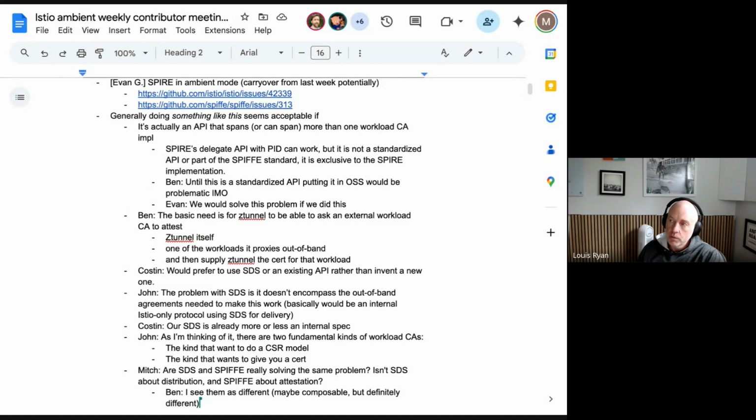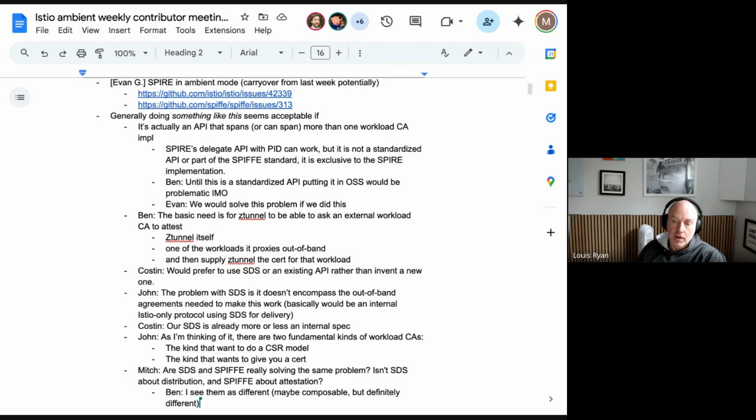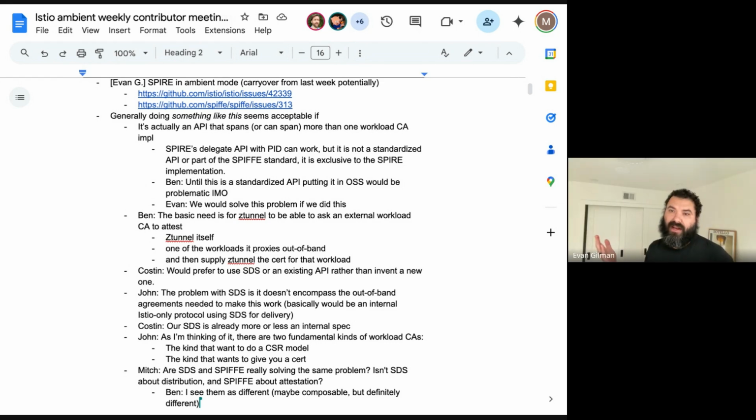So, do you see an issue with Spire implementing SDS support? Spire already speaks SDS today, and that's how we do the sidecar support. Right, but adding the support to do the other bit. Yeah. So what this delegated identity API is really all about under the covers is, hey, I need a way